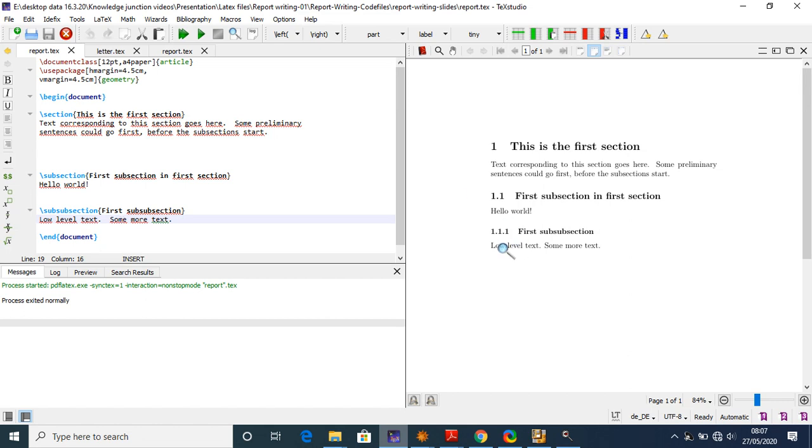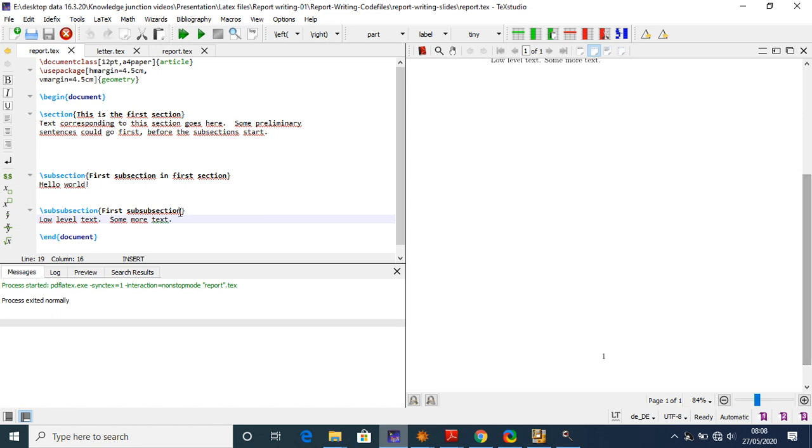So this is section 1, and this is the first subsection 1.1, or here you can go inside it, that is 1.1.1 first subsubsection. So lower level text, some more text, it goes like that. So here as well you can write your report, and similarly you can add more.